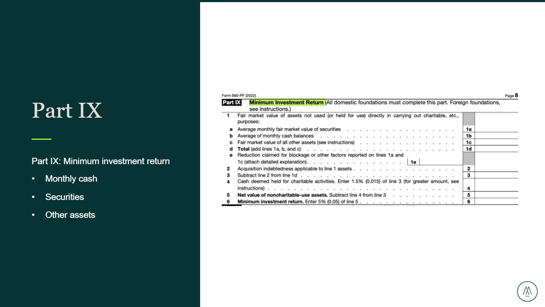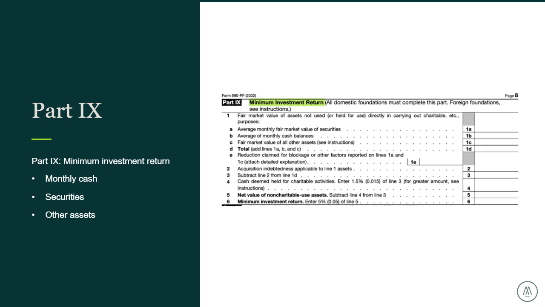Line 4, cash deemed held for charitable activities. The IRS allows a reasonable cash balance to cover current administrative expenses and other normal and current disbursements directly connected to charitable activities to be pulled out of the minimum investment return calculation. The IRS has deemed that 1.5% of the value of assets is reasonable. However, if the foundation has facts and circumstances that support a larger amount, it can, but it must attach an